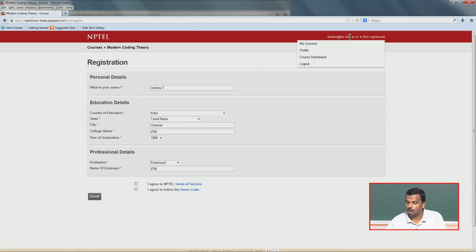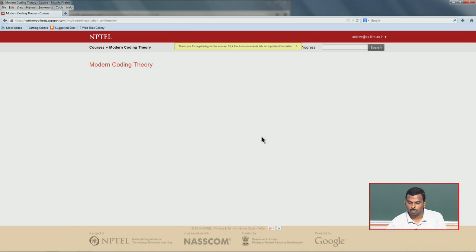Notice I'm already logged into the portal. There are a couple of procedures. Please try to understand the difference between these two things. I'm logged into the portal, but I'm not registered for my course. When you sign up, you're signing up for the course. Thankfully, modern browsers remember all the information you put in for the previous sign up. You already have it. You just have to say I agree to these terms and conditions, and you have to enroll. Once you enroll, it will say thanks for registering, you can close this information.